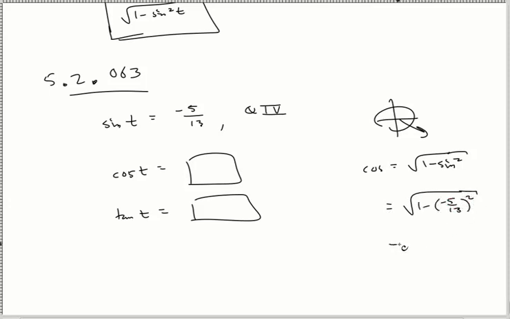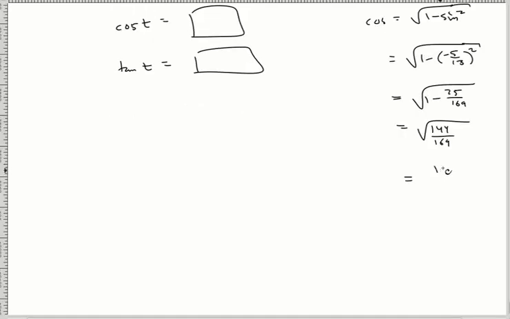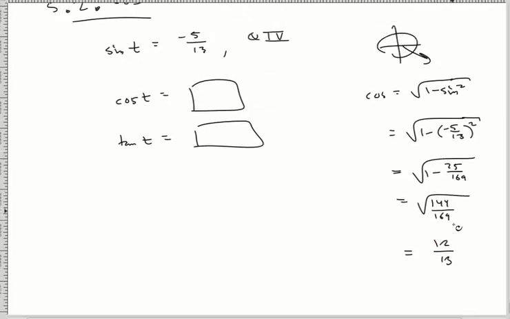Plugging that in. I got, what, 25 over 169? Oh, I should just use a calculator on this stuff. 1 minus 25 over 169. Yeah, I think I saw this earlier in the previous recording. I have a 12 over 13 when you square root both of them. Got my number. Notice here that I'm in quadrant 4, okay? So quadrant 4, cool,